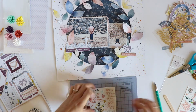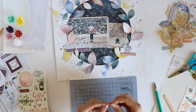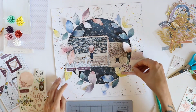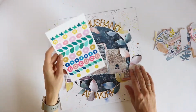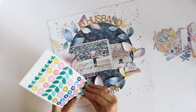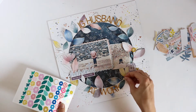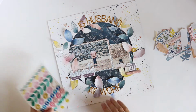Now I'm adding some more of the hard rub-ons and one of the yellow ones next to this really small, well, I wouldn't even call it a cluster, but the camera die cut and this chipboard piece. And then my camera just stopped filming, so you missed me adding my title, but that's nothing too exciting. So I just added my title that says